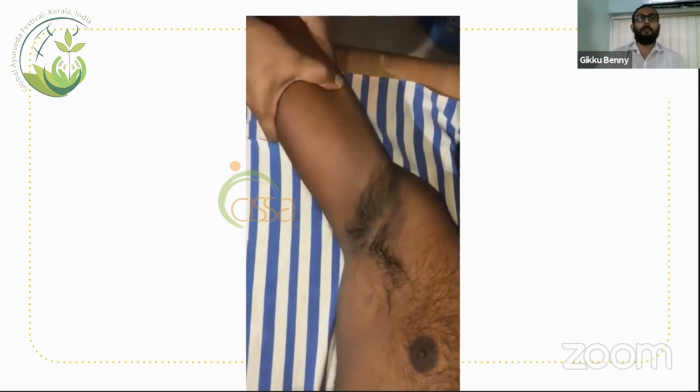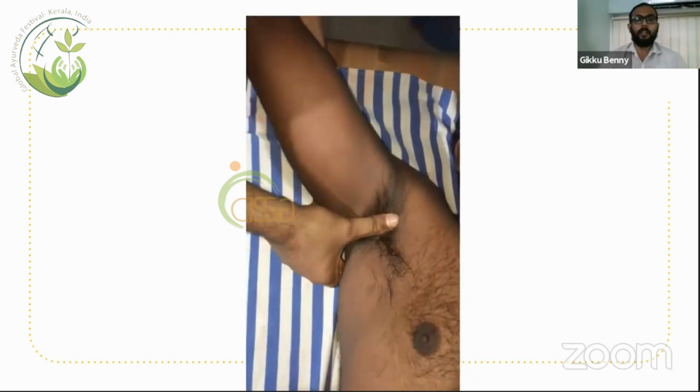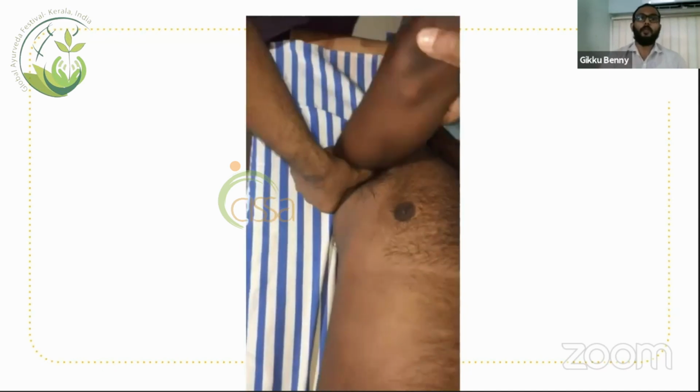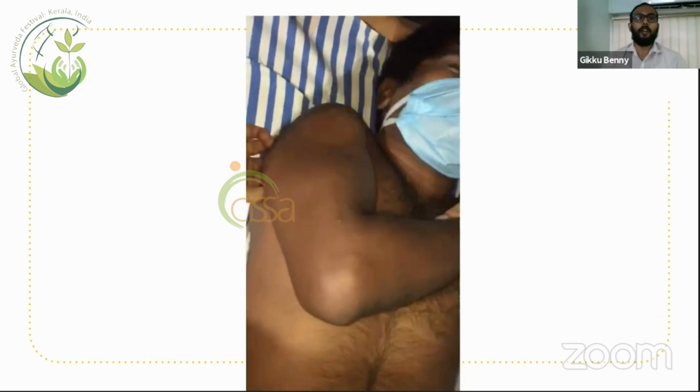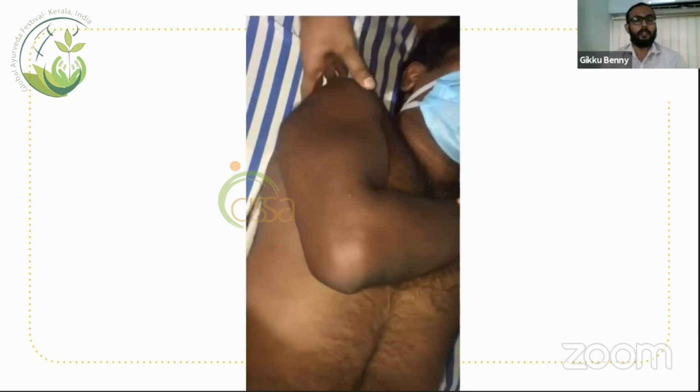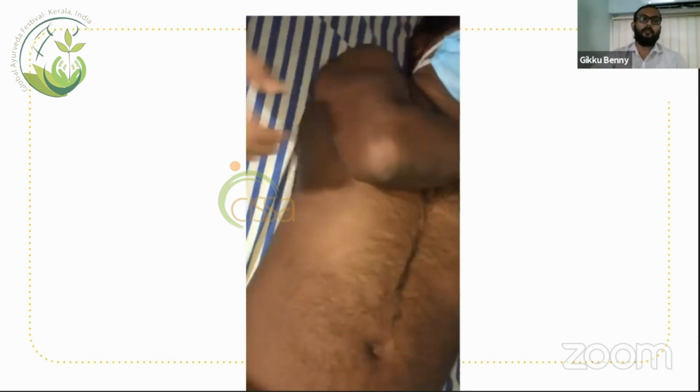This method is very simple, and then, supporting the thumb in the axilla, we can do internal rotation and adduction. The same Kocher's method: traction along the line of the humerus, adduction up to the midline of the chest, then medial rotation and adduction. We are doing the same, but the method is done in a different way, that is, the arm is in abducted position. The cause of anterior shoulder dislocation is external rotation and abduction, and we are doing the reduction in the same position in which the shoulder was dislocated.